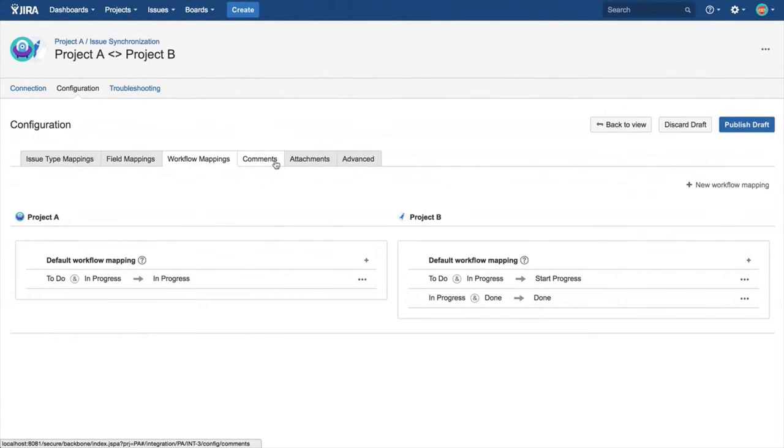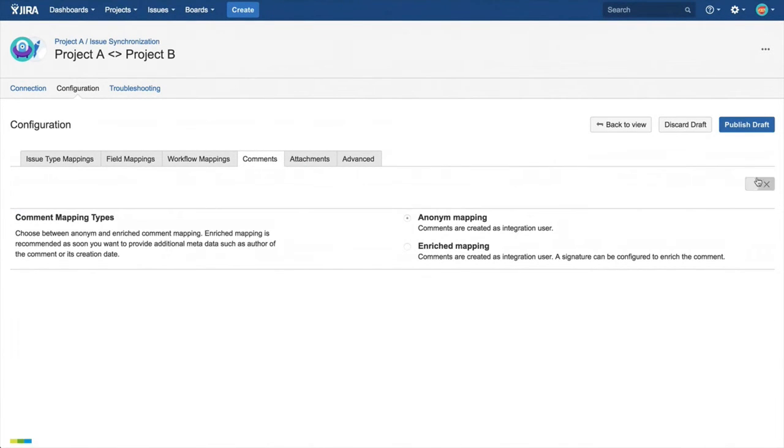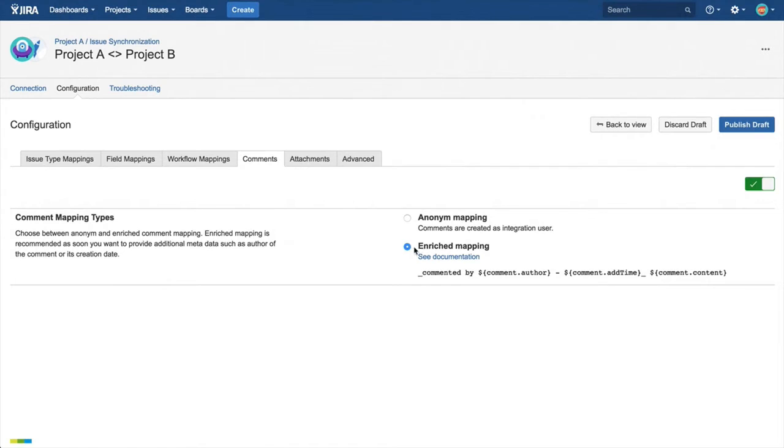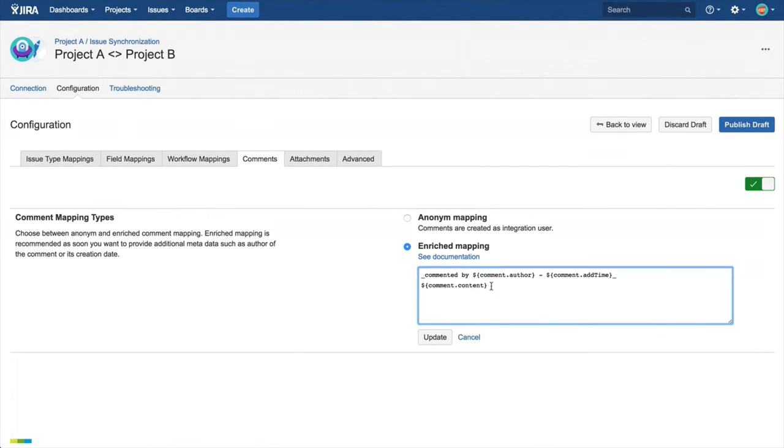The next tab is about comments. We just turn comment support on. Comments are synchronized bidirectionally, and we have the choice between an anonymous mapping and an enriched mapping. Anonymous mapping, as I said, we created this Backbone integration user, which is used to communicate between those instances. If you have anonymous mapping, all comments will be created as this user, and you can't see the original commenter